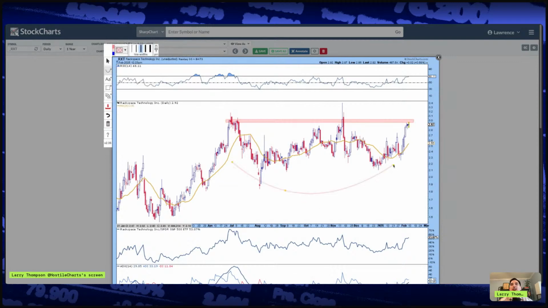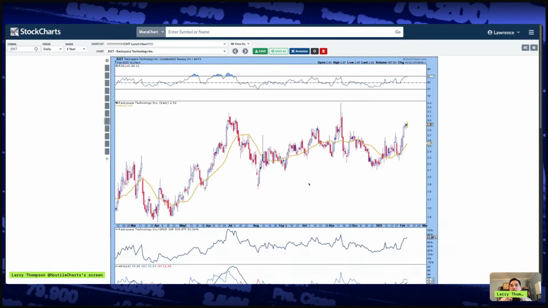Because the market's fractal. The market's like one of those Russian dolls. It's stacks on top of each other, the same exact image. So the daily and the weekly charts look similar, and that's what we see here. Good looking base. W for the chat. Whoever shared this, shout out. Shout out for sharing this one. It's a good looking name. All right, chat, let's go to the next one.